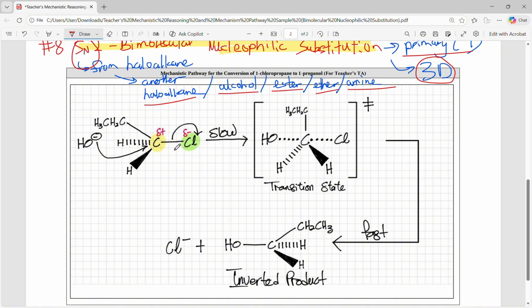In the first step of this reaction, the lone pair on the hydroxide ion attacks the electrophilic carbon in the 1-chloropropane. This attack occurs on the carbon atom that is directly bonded to the chlorine atom, and the 2 electrons from the hydroxide ion are pushed towards the electrophilic carbon atom from the backside. The left side is equal to the backside. While the hydroxide ion attacks the carbon atom,